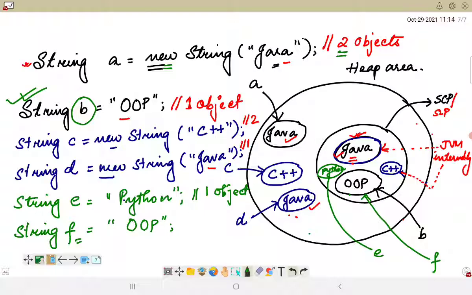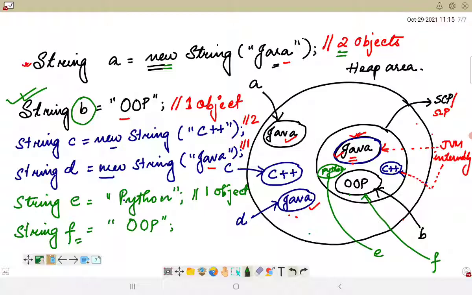We also have to understand how to reuse an object again and again, so that we do not depend on creating more objects, because the more objects are created, the more complicated the program becomes, and it will occupy more space in memory. We saw how the heap area and string constant pool work together in memory allocation for any string object.